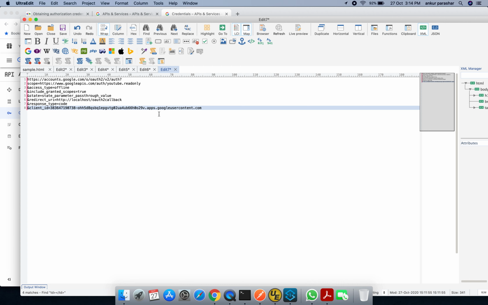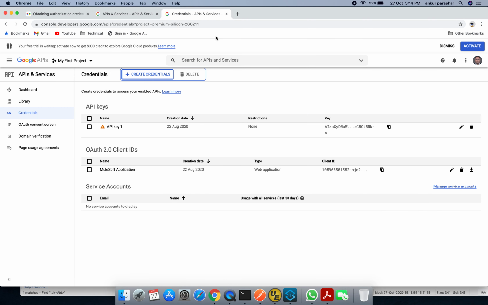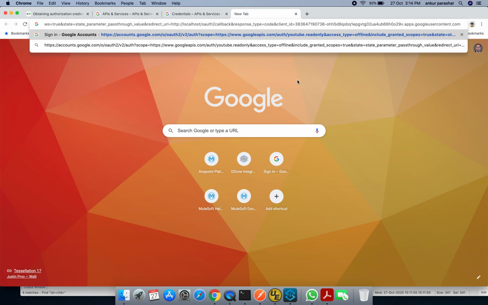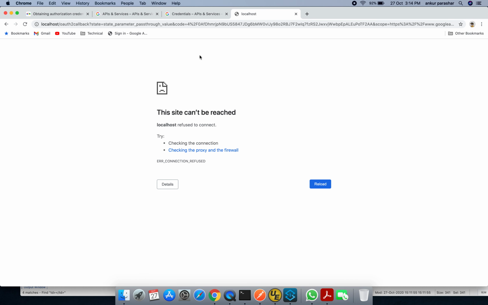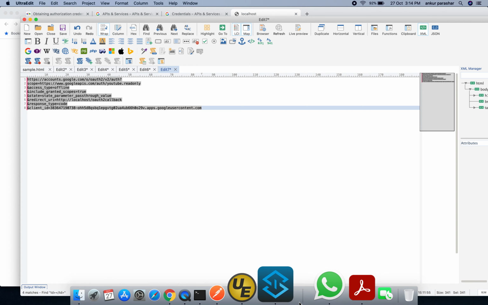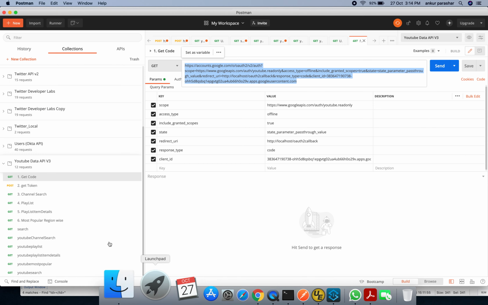The same client ID you can paste over here, and if you use this particular URL and hit enter, it will ask you to choose one of these. So I have used this one. In the top you can see the code is being generated, right? This particular code from here till here will be used for generating the access token.